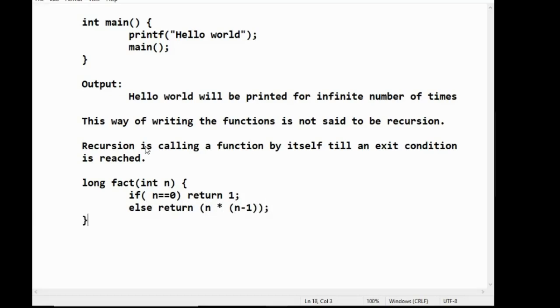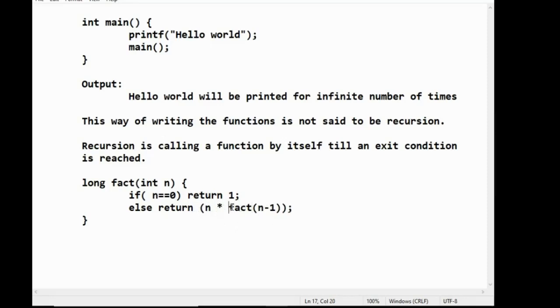So this is a simple program. Here a function is calling itself: return n into fact of n minus 1.